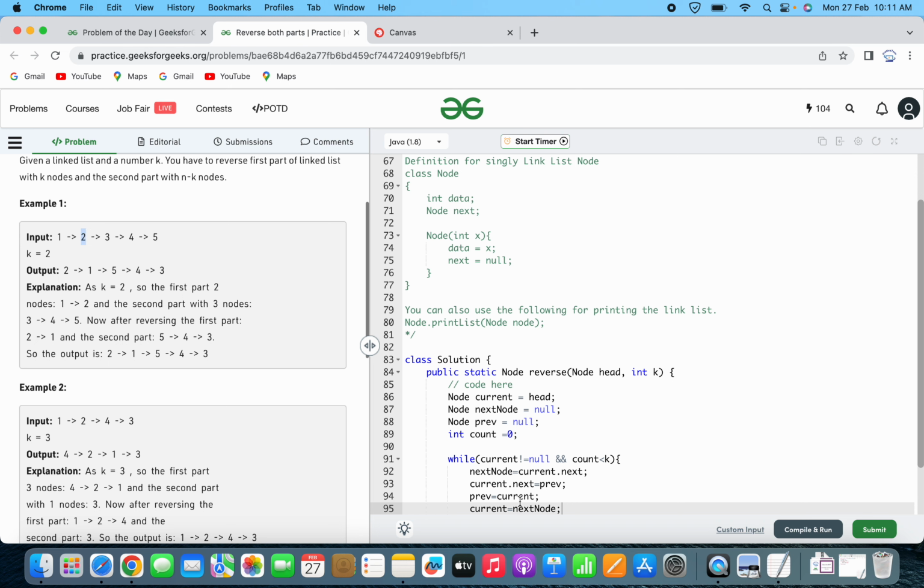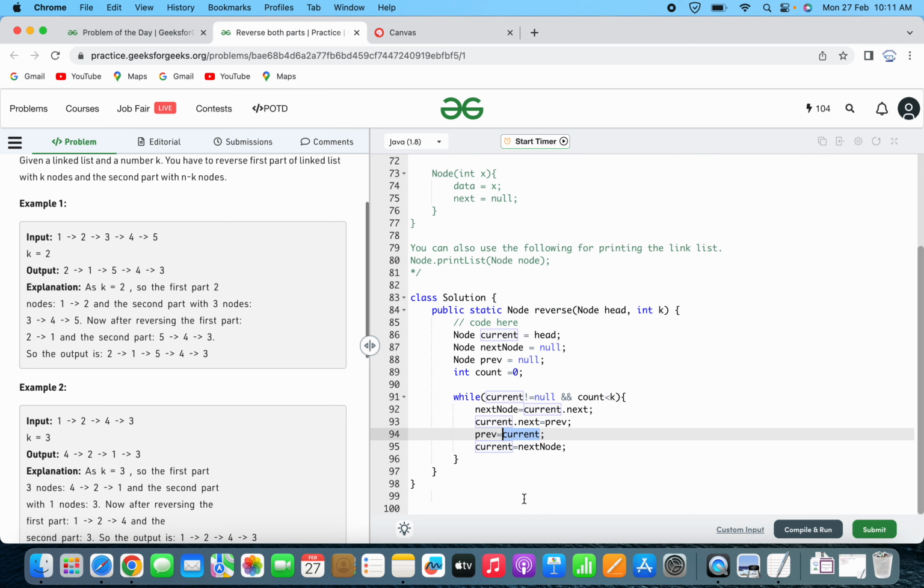So it would be like this: current.next, that means from 2, current.next, because in this current step current is pointing to 2. So next of this current will be pointing to previous, it will be pointing to 1, which we have just updated in the previous step as prev equals current. So I hope this point is clear. So once this is done,